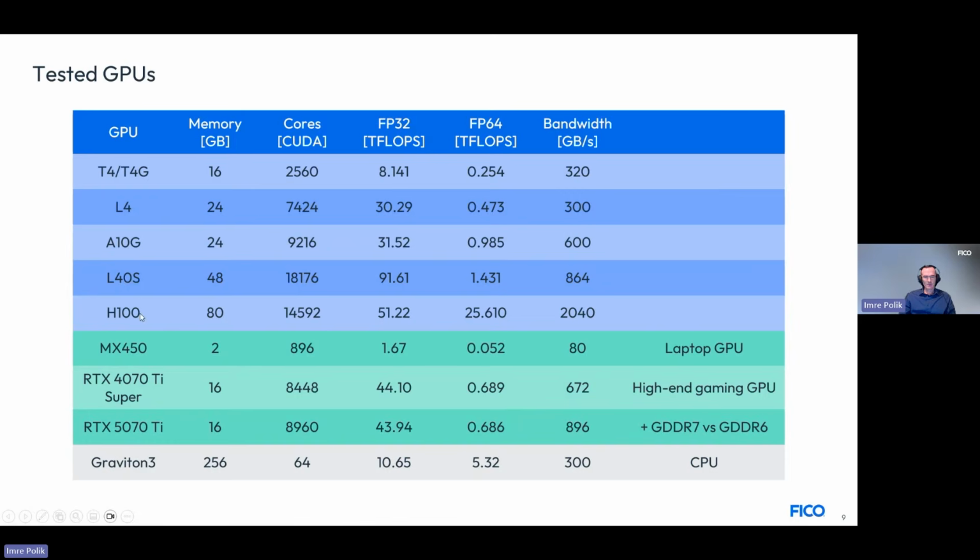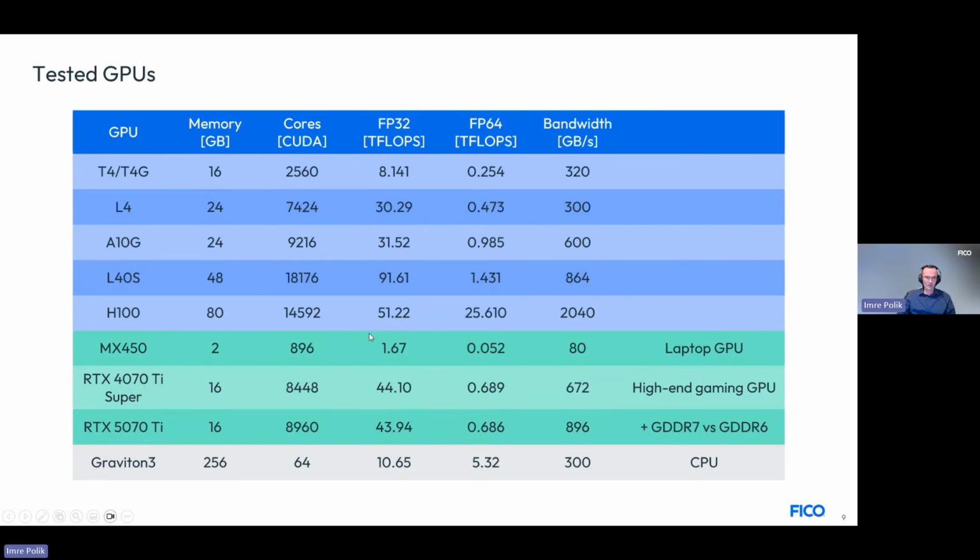The blue ones are offerings you can get from AWS, and the T4s are older and simpler ones. The H100, up to very recently, used to be the highest end GPU, but now it's been dethroned. But it's still a very, very capable GPU. And for a CPU comparison, we just use the Graviton 3, which again, you can get from AWS, fairly standard. So one thing that is obvious looking at this table is,